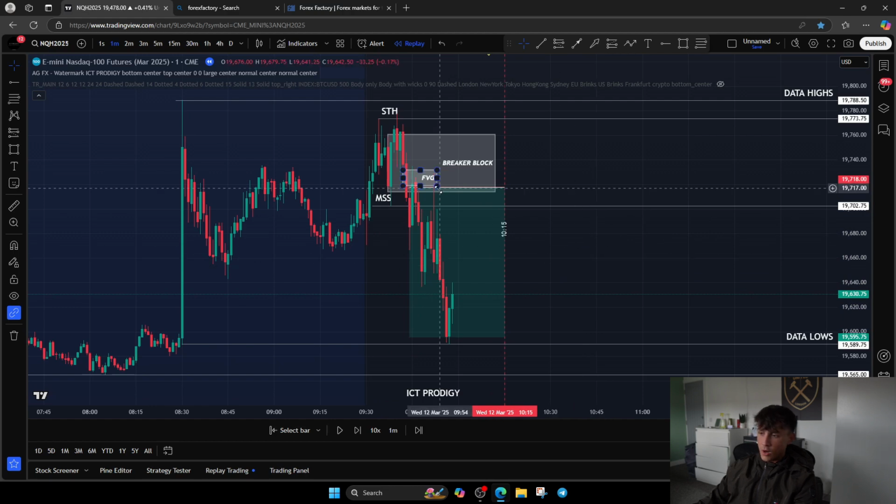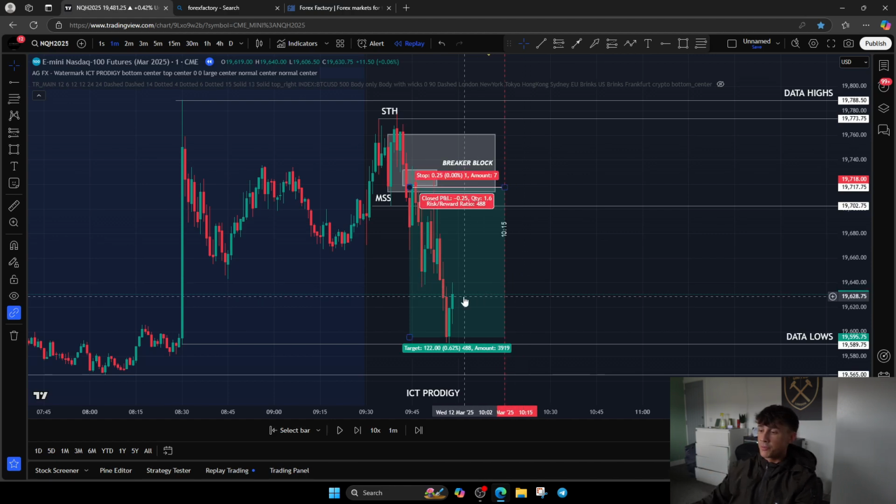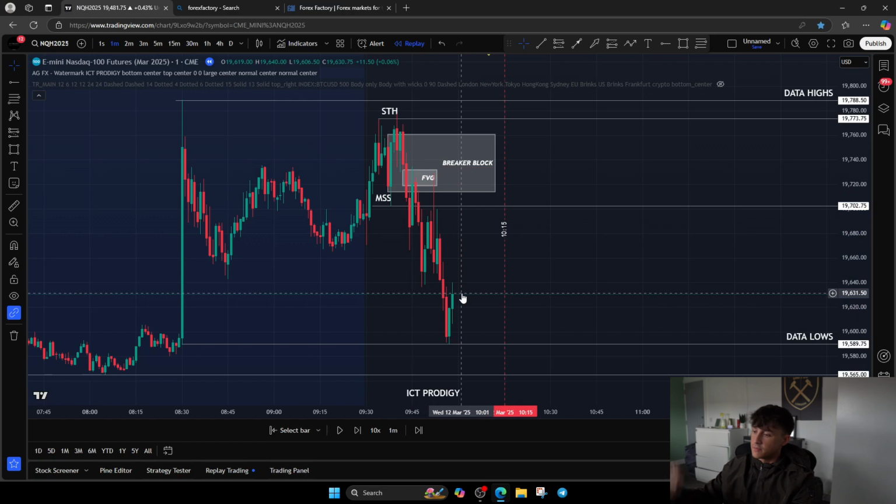But of course, if you are just going to leave one position going, so you're going to enter on the fair value gap, and you're just going to leave one position until the data lows, don't move your stop loss. Just let it run out. For me, we have a more conservative approach. We're trying to just secure little bits of profit here and there, and stack the accounts over time. So by the end of the year, you have 6 figures plus. That's the aim of the